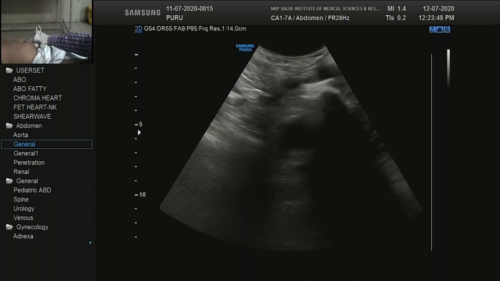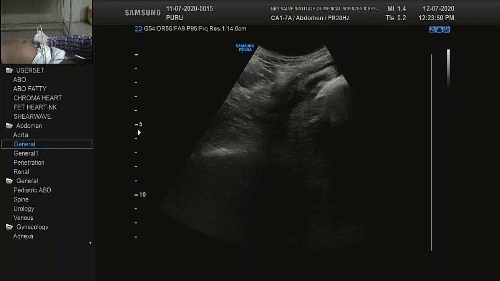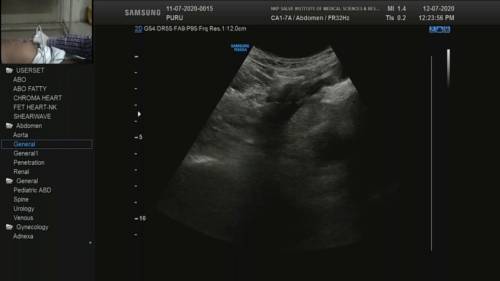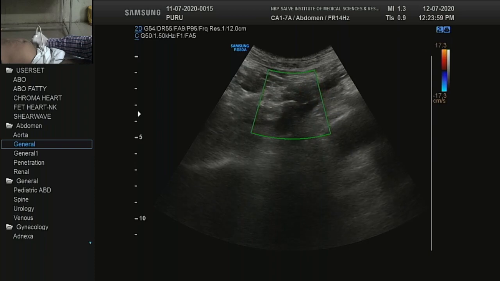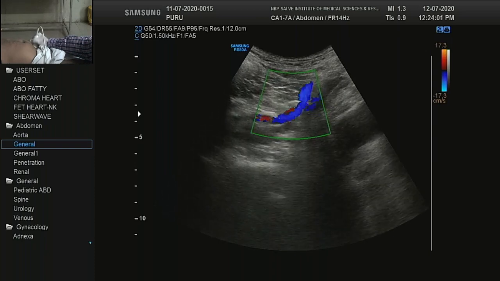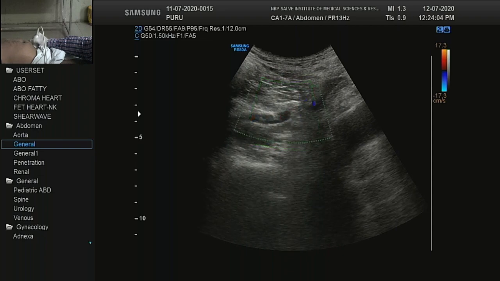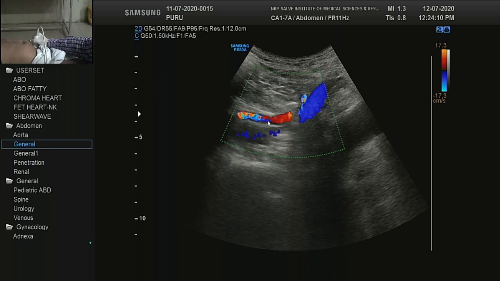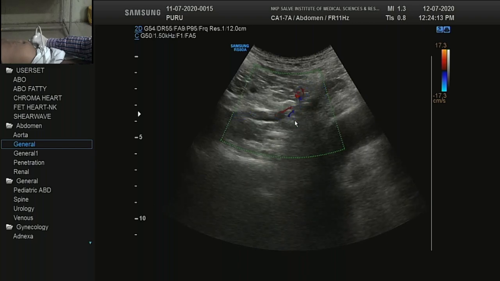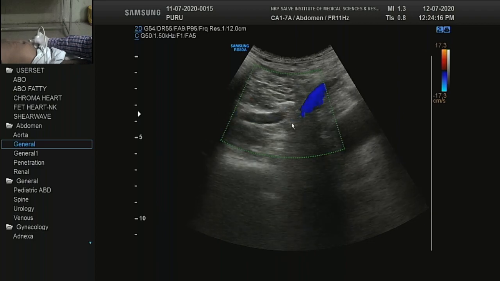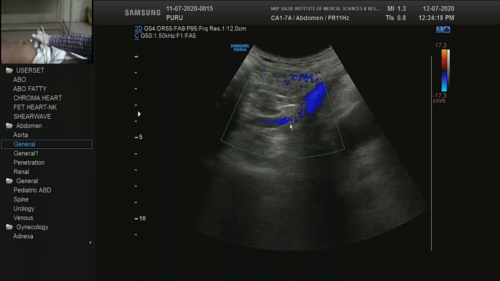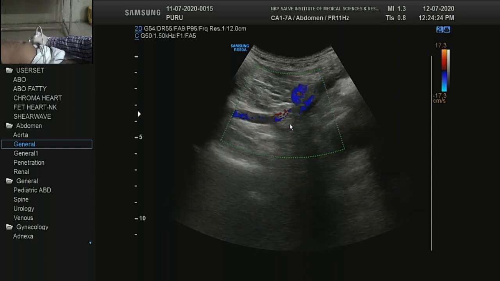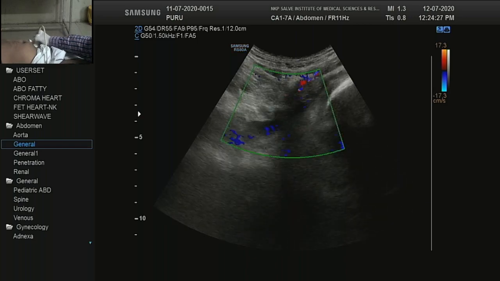So if you are not seeing the common iliac artery, you can follow this external iliac artery up in the pelvis and take help of color Doppler to identify it easily, and that is the common iliac and external iliac. You can appreciate here, this is the common iliac artery, from here this is the external iliac artery. The internal iliac may be seen, but usually it is smaller in caliber and dips down, and screening of the internal iliac is not indicated in peripheral arterial disease.